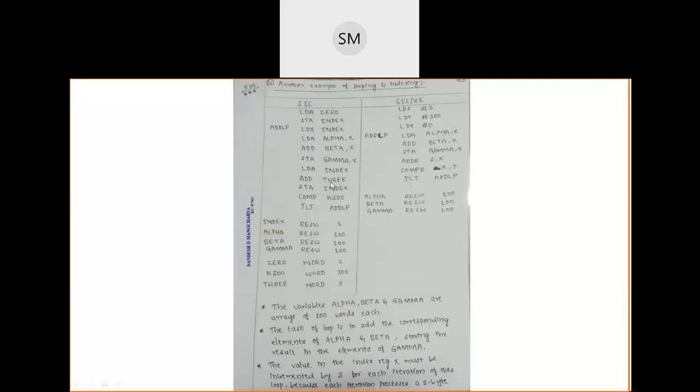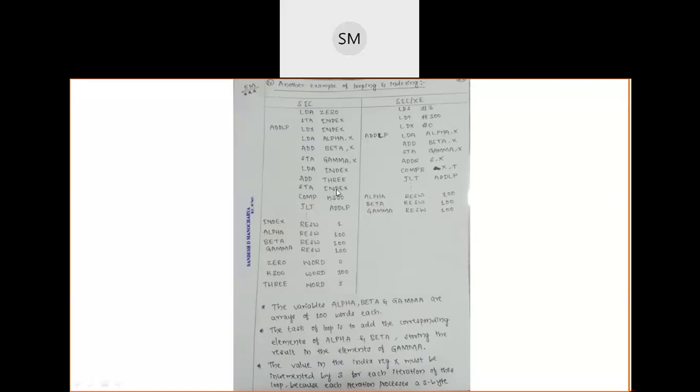3 plus 3, 6 it is. Now that 6 is present in register A, that 6 will be stored into the variable index. Now the value of index is 6. Like this, 0 to 3, 3 to 6, 6 to 9, 9 to 12, like this. Every time you want to shift to the next word, you will increment the value of index by 3. Okay, like this you will move from one word to the next until you reach the last word.